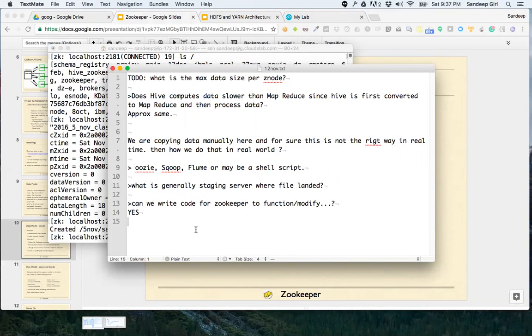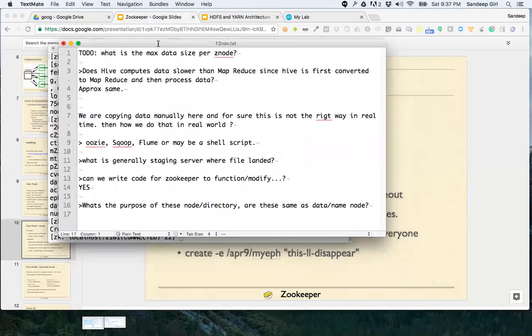A question from Arsalan is, what's the purpose of this node slash directory? Are they the same as the data node or name node? No, they are not the same. The name is just called Z node because it's a tree structure, so it looks like the nodes of a big tree. That's why they're called Z nodes. It has nothing to do with data node or name node. As a matter of fact, it has nothing to do with Hadoop as such.